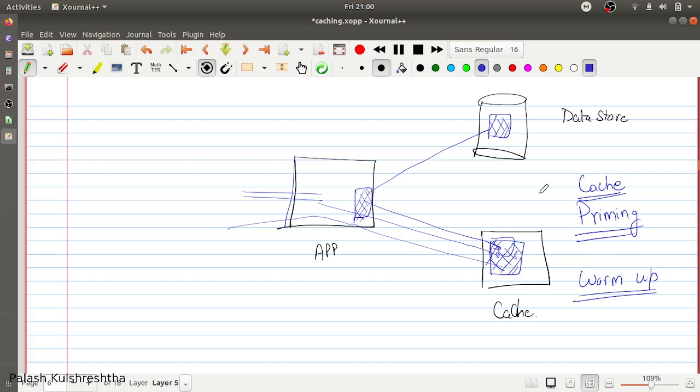So if you are doing cache priming, you are basically intentionally storing data at startup so that whenever you get a call to the cache, it can be retrieved from the cache, and there are high chances of a cache hit. But after some time, when you get more and more requests, if all the database data has not been stored in the cache, then you will get requests to store more data in the cache.